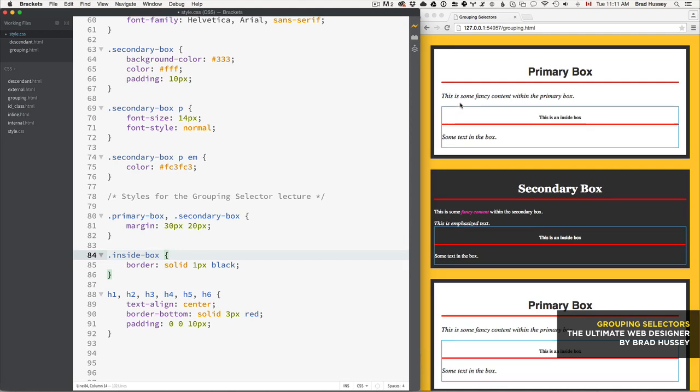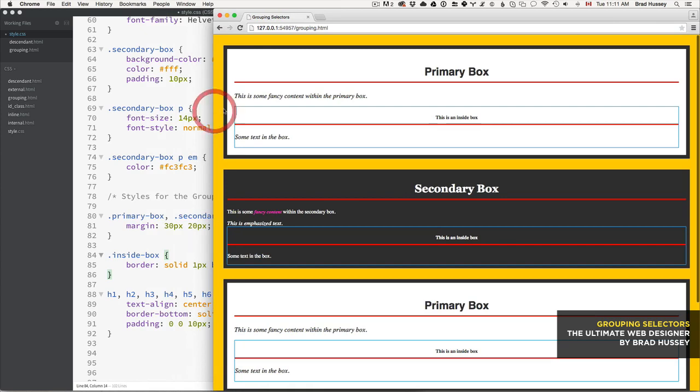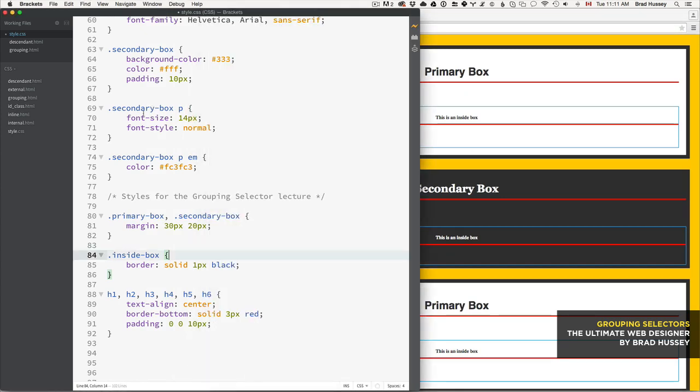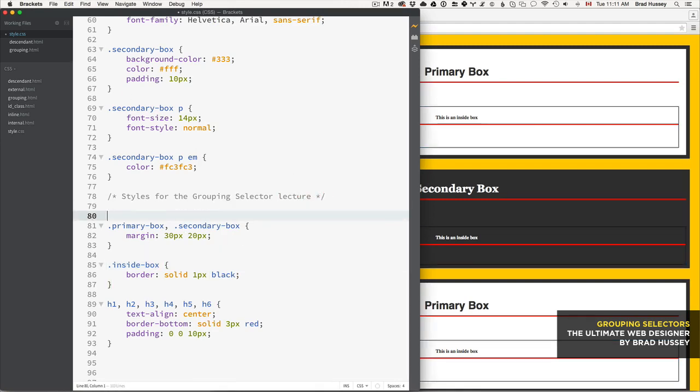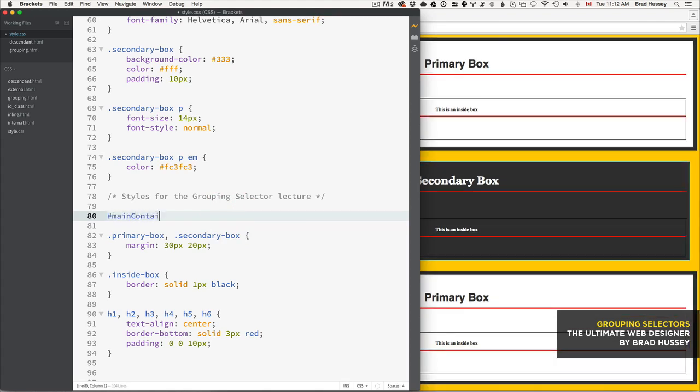Now, before I go, I'm going to show you what I did promise just a little bit back, how to center the content in the middle of the browser. So you can see this is just full width, and it doesn't look very good. We want to center that in the center of the browser. So we just need to select, and I'm just going to put it in the grouping selectors section here just because it's part of this lecture. It has nothing to do with grouping selector, but it's just a part of this lecture so we can keep organized. We need to select that main container